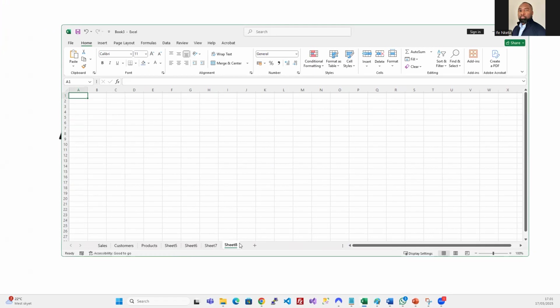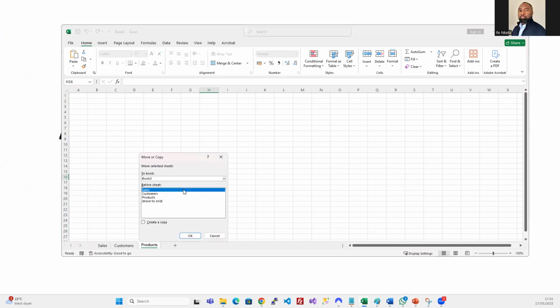To delete a number of them, you can hold Shift and click all of them, right click and click Delete, and they're all gone. There's a lot you can do. Just play around with it and you'll figure it out. You can also copy them. If I wanted to make a copy of the Products sheet, for example, I could click on Move or Copy. And I can say, yes, I want to copy it here in this file,